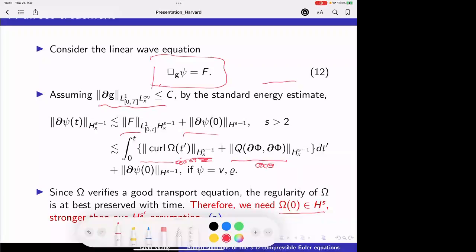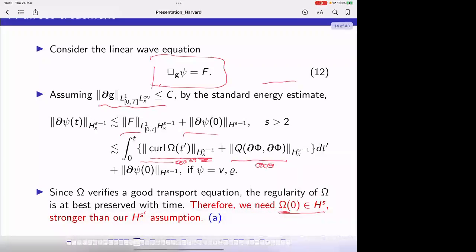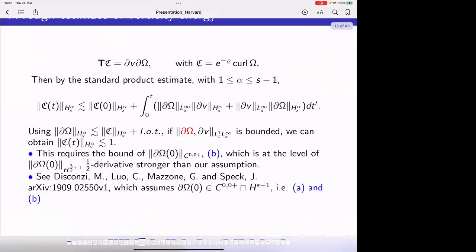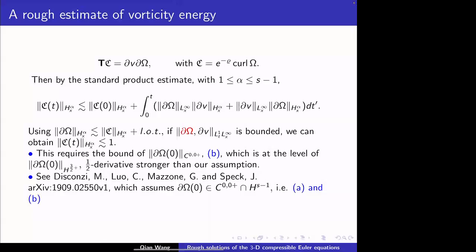The other question is that if initially your omega is in this space, can it stay in this space? So do we really have curl omega at T prime bounded in this space? This is the straightforward question. To answer this, it brings you another difficulty. If we use the transport equation to give the estimate about curl omega, where C is just a normalized version of curl omega,